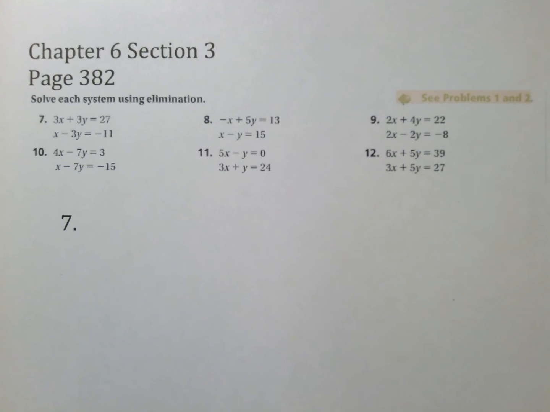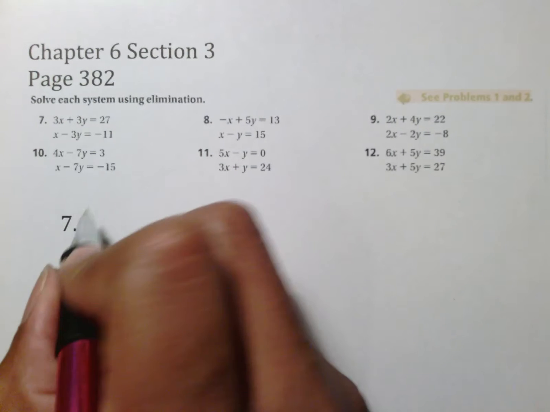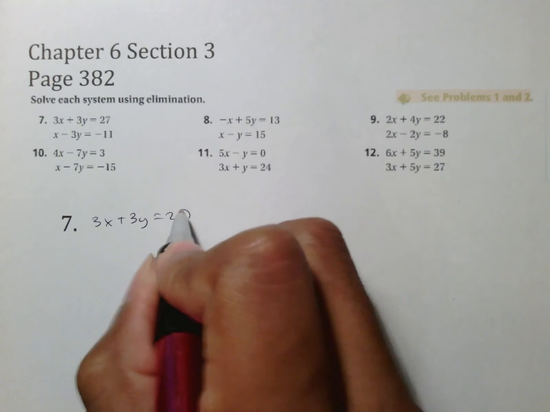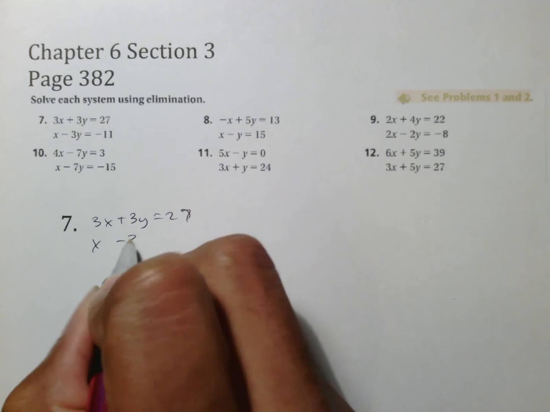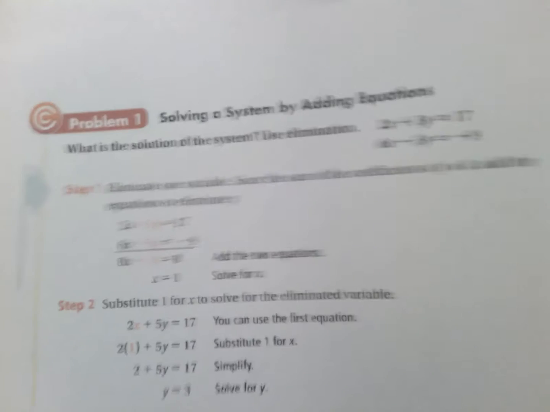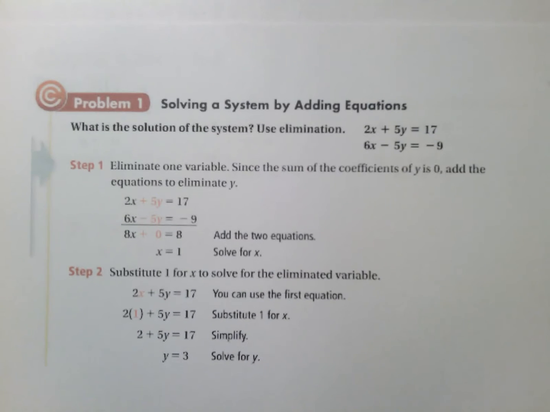It's a very quick focus lesson on elimination. Question number 7 on page 382 has 3x plus 3y equals 27, and it has x minus 3y equals negative 11. Now again, you haven't seen this for a few months, but if you look at problem 1, it says